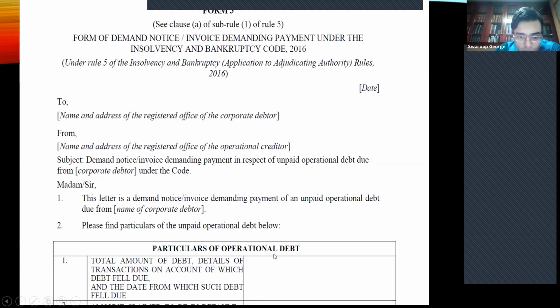Now the particulars of the operational debt. First question is total amount of debt, details of transactions, and the date from which debt fell due. Now this is self-explanatory. You have to just give the total amount of debt and the date from which debt fell due. And with regard to details of transactions, when I've seen, sir, when the client or the layman sends